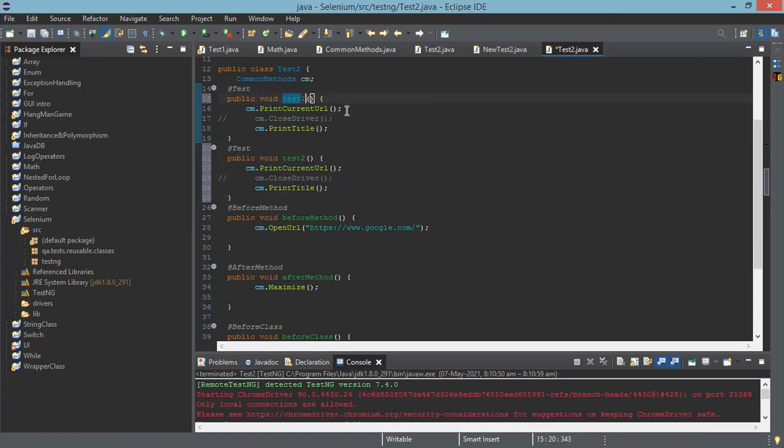Don't give both in both of them. Either of the things you remove. Save it. So what I'm going to do, I'm going to have two different tests. One prints the title and the other prints the URL part.